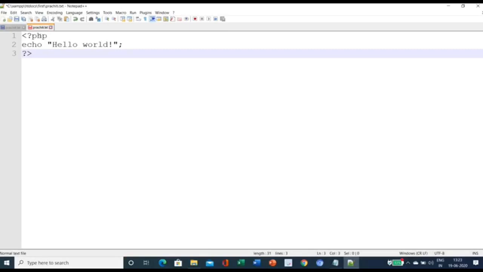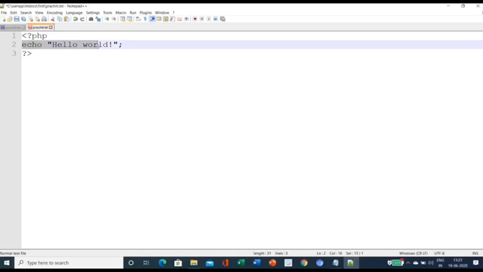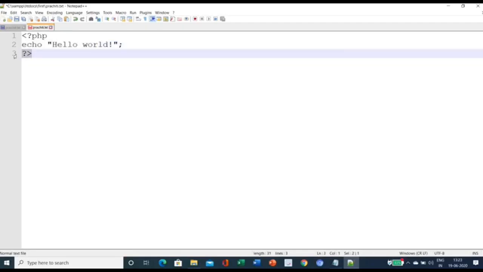Here the first line, or this tag, tells the server that you are writing PHP code. Then you can use this echo function to print out a string of text. This will display back when the script is run. The third line, or this tag, tells the server that you have stopped writing PHP code.